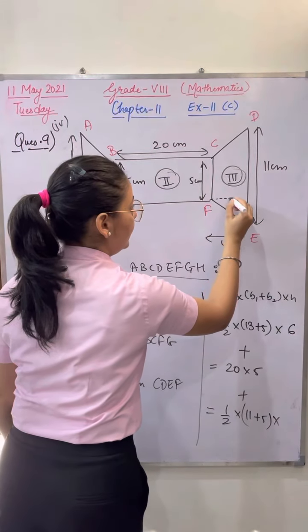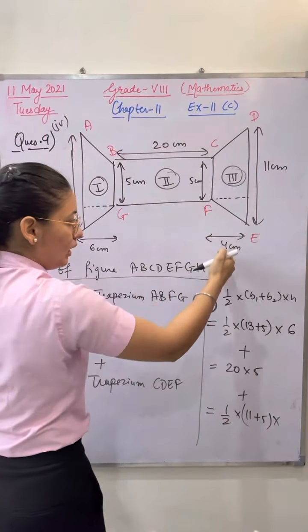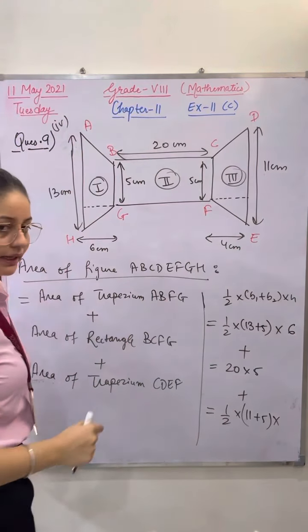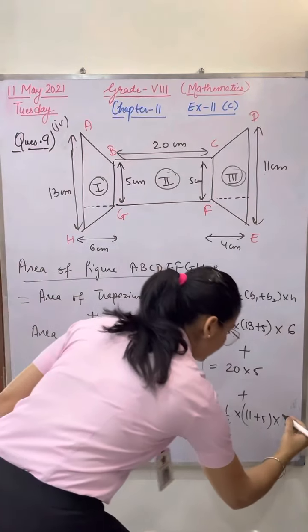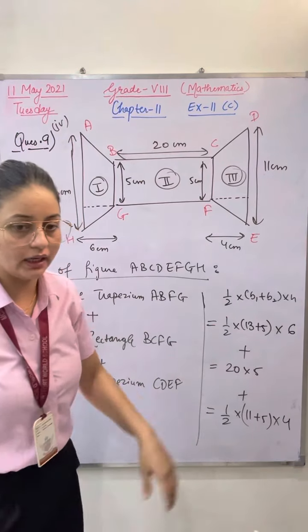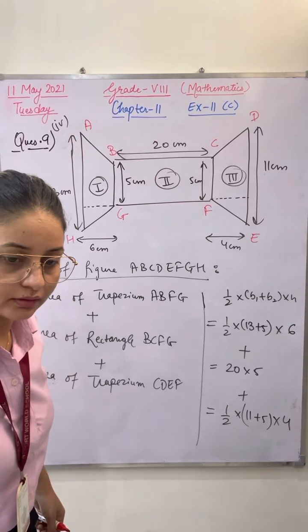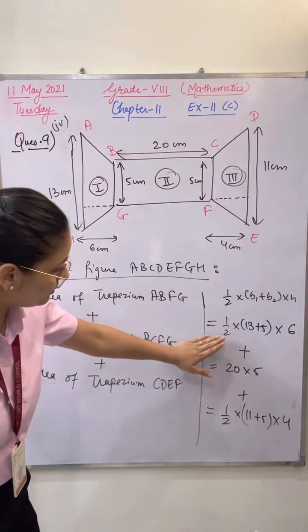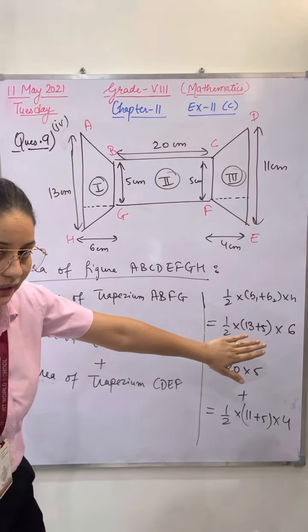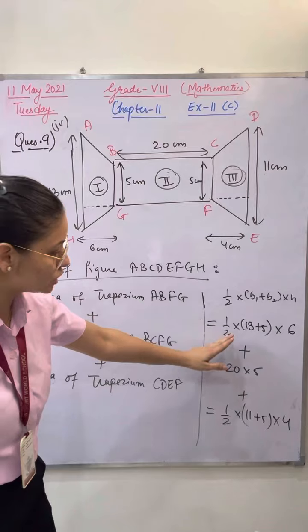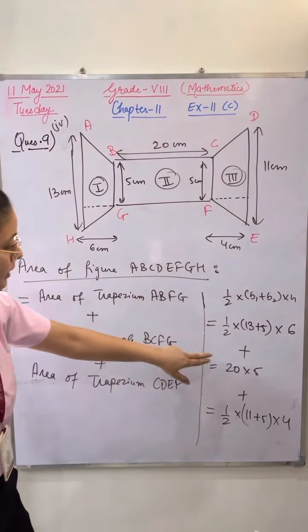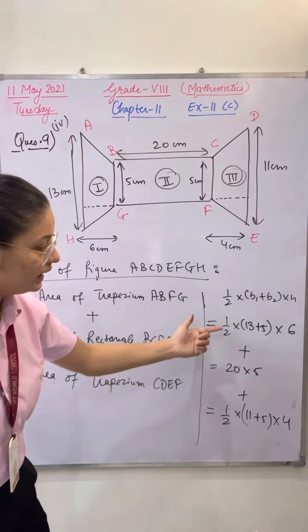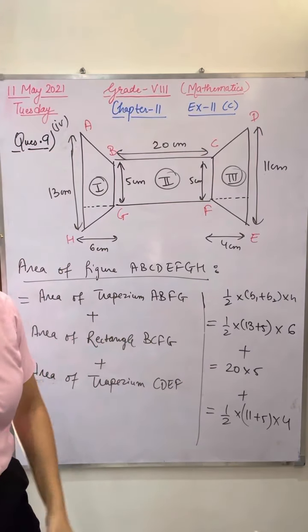Very good. Sometimes height is given inside the shape, sometimes outside. So this is also a height. Dharya was confused in this, how to take out the height. Very good. In this way you have to take out the area one by one. I haven't taken out the answer. Just calculate now. Area of this trapezium, this rectangle, and this trapezium. Everything is given. Take out the answer and add all the areas.